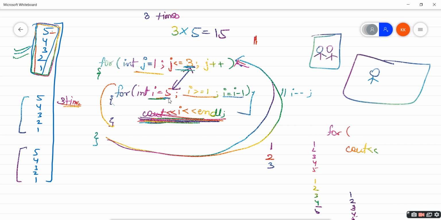You can clearly see here 1, 2, 3, 4, 5. So 5 plus 5, 10, and 10 plus 5, 15. So this for loop will be executed 3 times, but this cout is going to be executed 15 times.